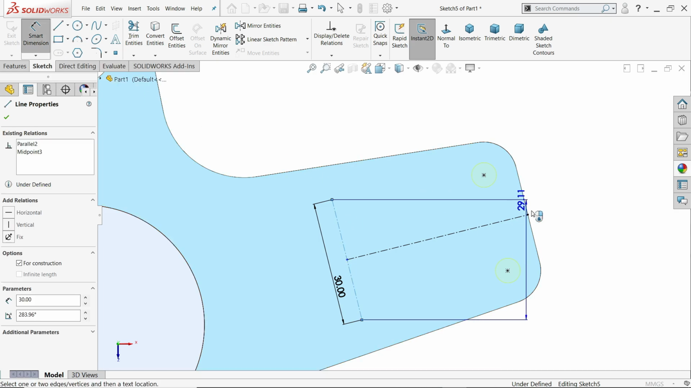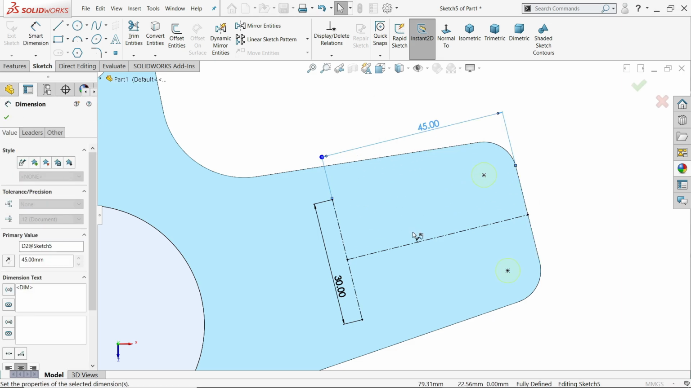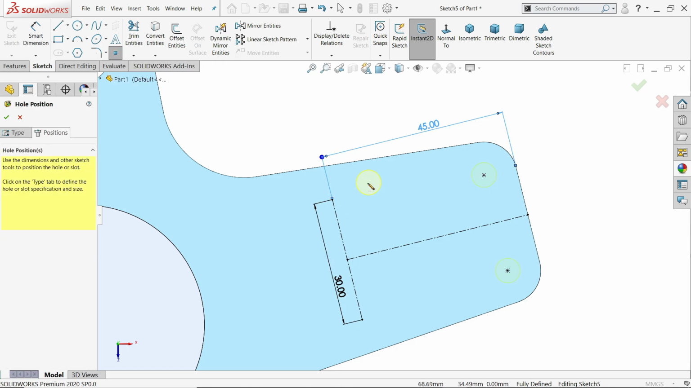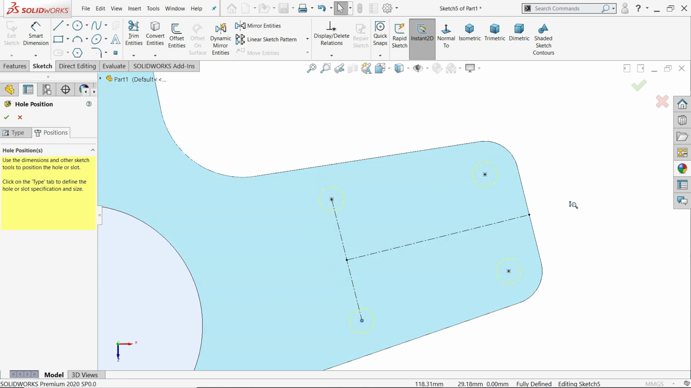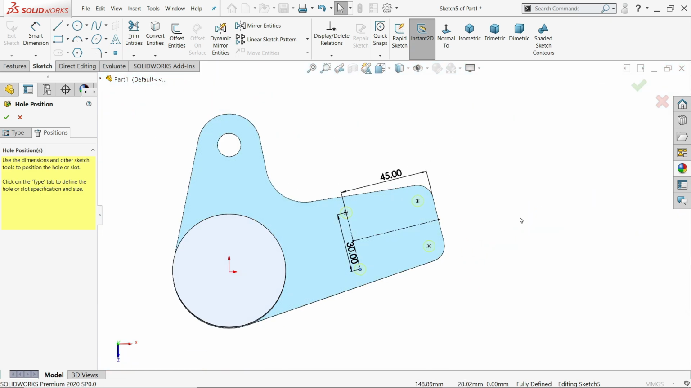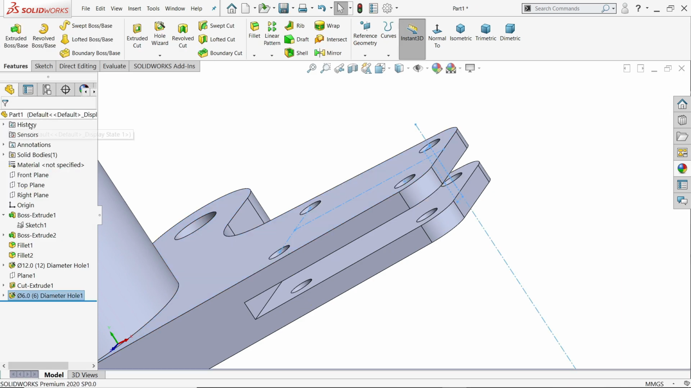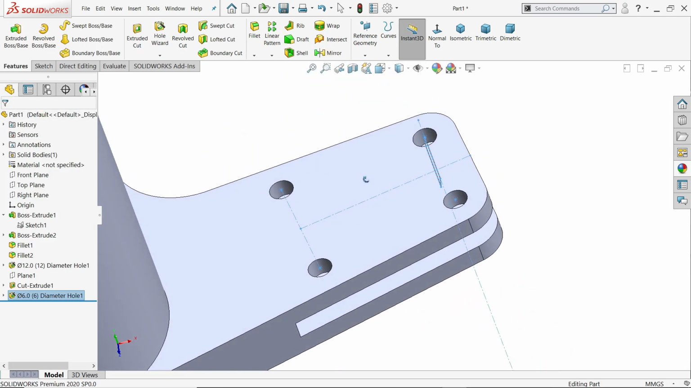Again smart dimension 45. Okay, now click on this point and see the tool is activated. Now place 1, 2. Now escape key to get out. You will see the preview. See, in the same way,